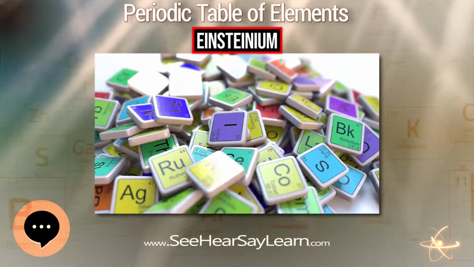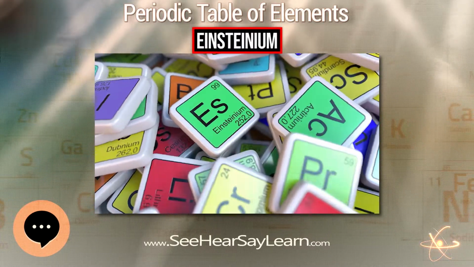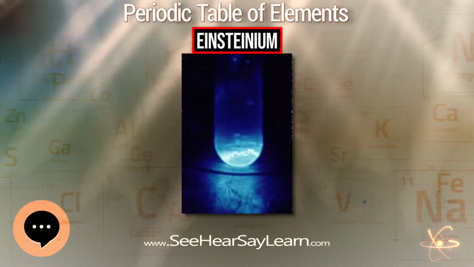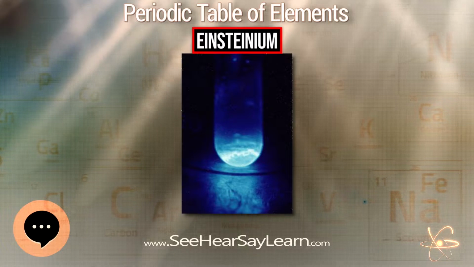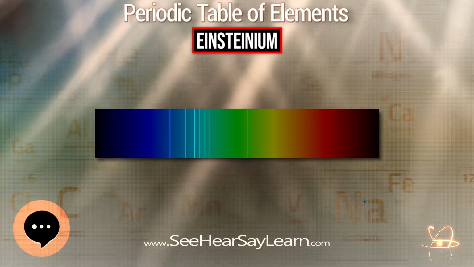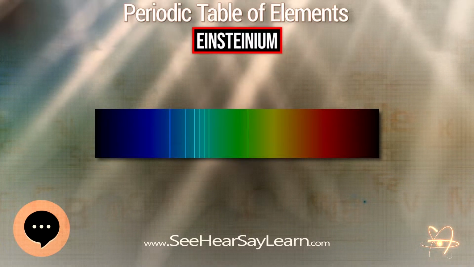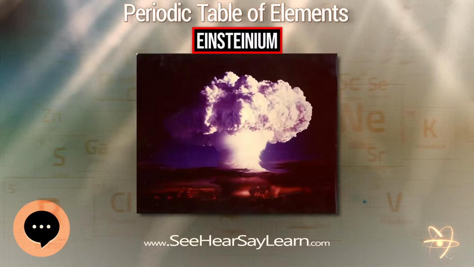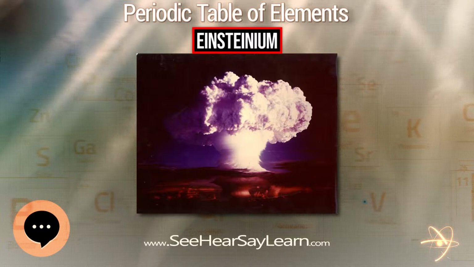Einsteinium. Einsteinium is a synthetic element with symbol Es and atomic number 99. A member of the actinide series, it is the seventh transuranic element. Einsteinium was discovered as a component of the debris of the first hydrogen bomb explosion in 1952, and named after